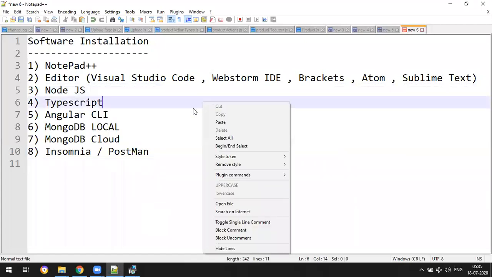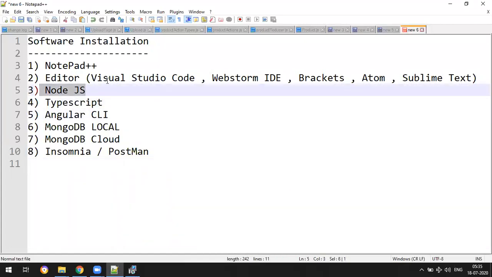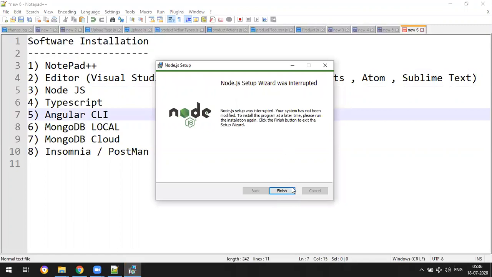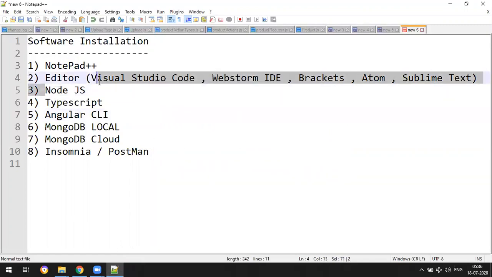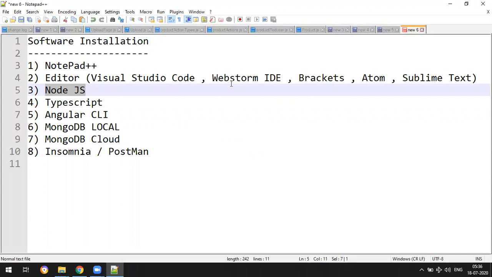Once you have installed Node.js, you have to check the version to cross-check whether Node.js has been installed or not. For example, if you install Notepad, you open the Notepad and check whether it is there. And for an editor, you open the software and see it. But what about Node.js? For Node.js, we can't see any software or visual like this. We have to check the version from the backend. Only in the command prompt can you visualize this. So to verify that Node.js has been installed on my system, you have to open the command prompt and enter some commands to check that.